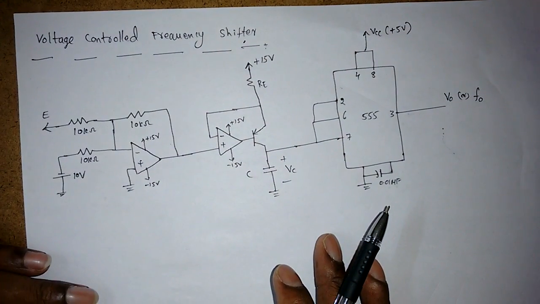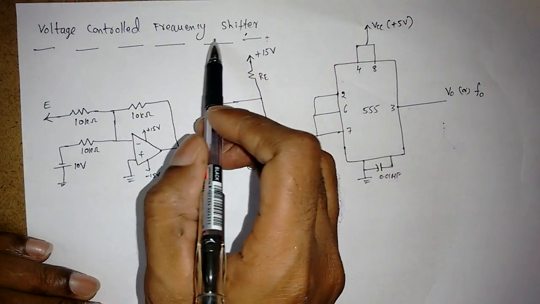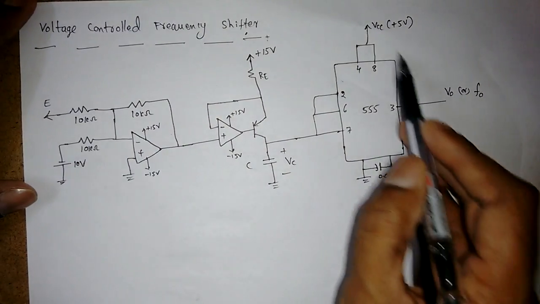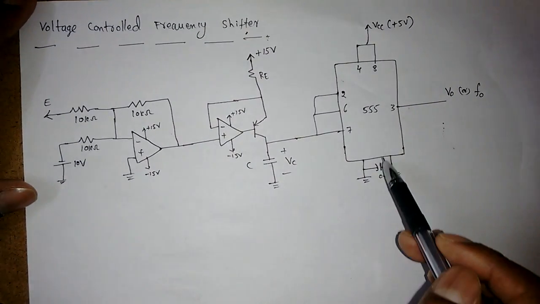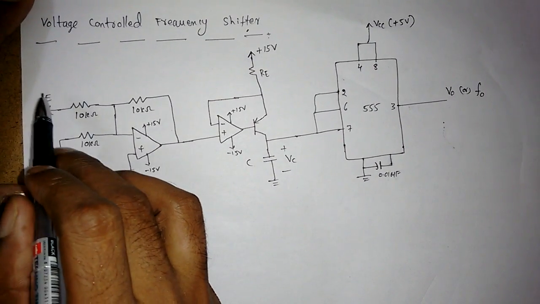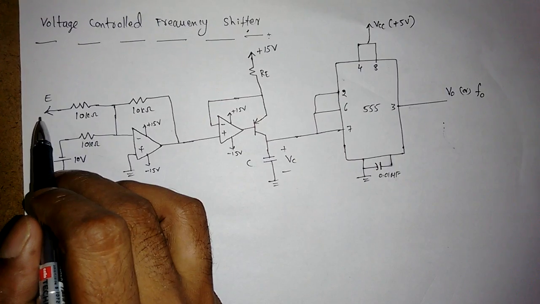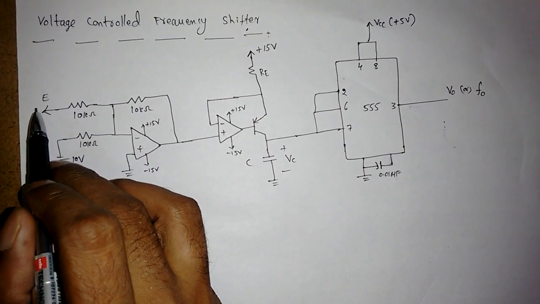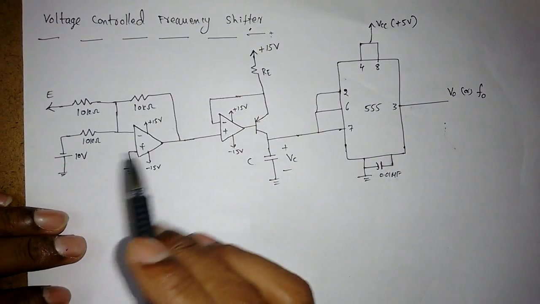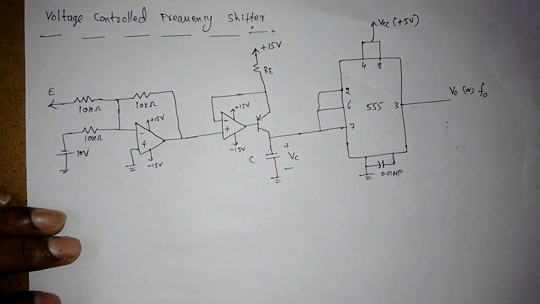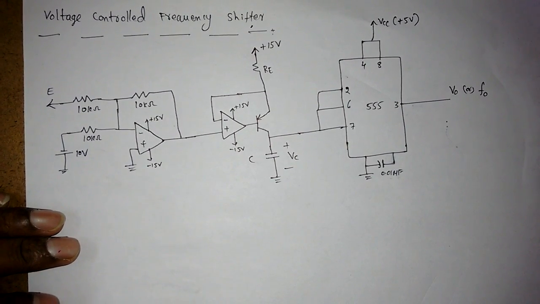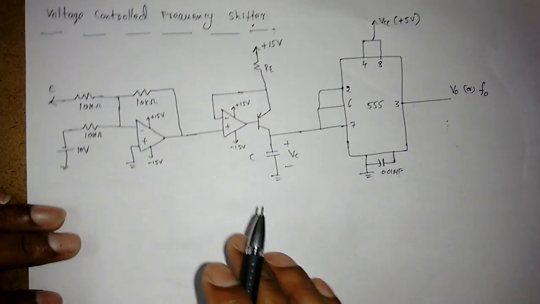The same concept we apply here to know the operation of the voltage control frequency shifter. What is this voltage control frequency shifter? Suppose we don't apply any voltage, the frequency of the output is the same as the astable operation. But if you want to control the output frequency with respect to some applied DC voltage, then depending on this voltage, the output frequency is decreasing or increasing. So it's like a voltage control oscillator only. Depending on the voltage, the output frequency of the astable multivibrator will change. How it will change, what are the equations, that we need to derive now.